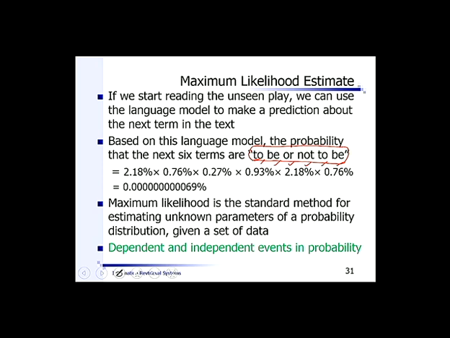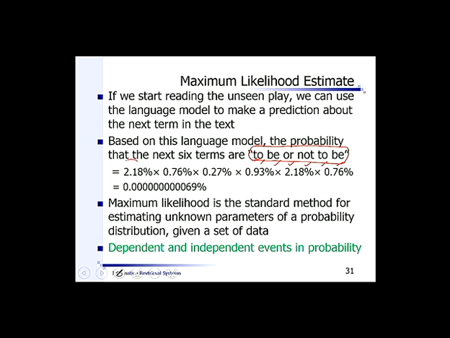So MLE can be used for this. What we do, we simply multiply the probability of all these terms together, and now we can make a prediction that the next 6 terms are "to be